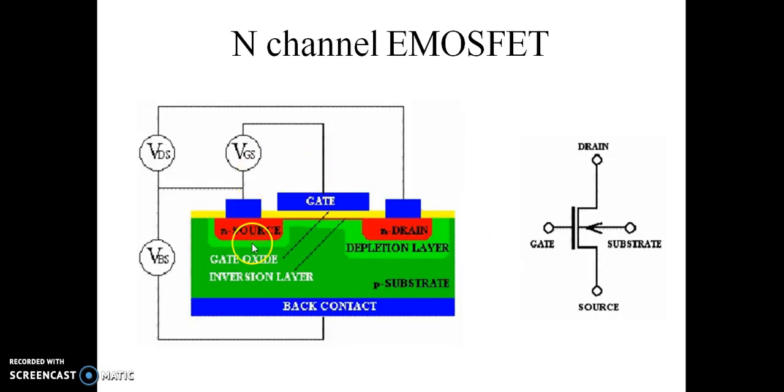Here the same thing is explained. This is again a symbol of the N channel MOSFET having drain, gate, source, and this is the substrate. If you connect the substrate to the source, which is connected to the negative terminal, then we can avoid the body effect. To turn this device on, we have to apply VGS to the gate. Whenever we apply VGS, there is a formation of the inversion layer, and after the inversion layer is formed, a number of electrons are present in that particular channel. By applying proper drain to source voltage, current will flow.